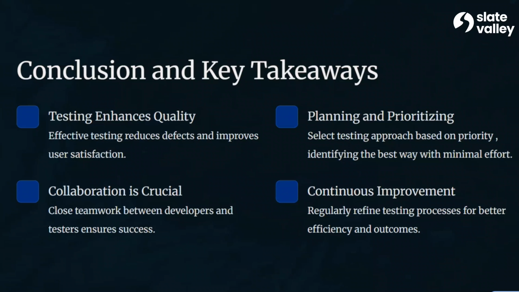And then the second important thing is planning and priorities. Whenever you are working on something, there is a defect, there is a bug. And then there might be multiple bugs. So you have to understand which has more priority, which has more effect, which is more critical. Those bugs you should prioritize first, and then you go to the low priority bugs or